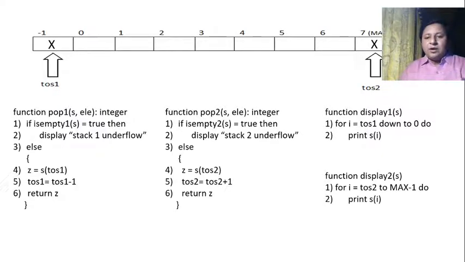Again, for the same reason of cutting it short, I have not shown you stack top 1 and stack top 2, but very easily one can try for it because you already have pop 1, pop 2 with you. Or just to give you quickly, stack top 1 will return s of toss1, obviously if the stack is not empty, whereas stack top 2 will return s of toss2, obviously when stack 2 is not empty. So again, two more functions can be added from your side, that is stack top 1 and stack top 2. So this is the overall idea about how we can implement two stacks using a single array.